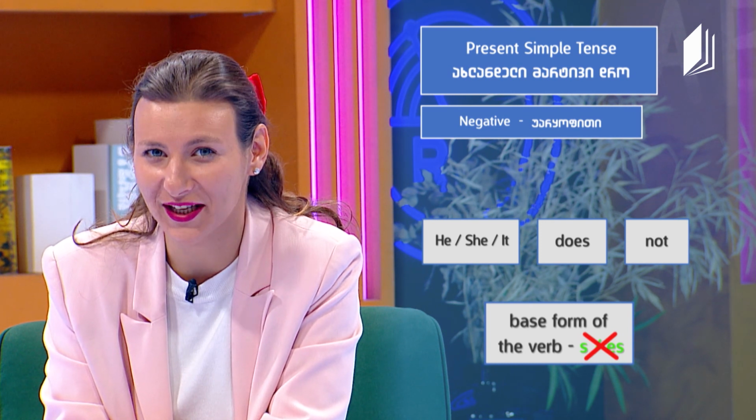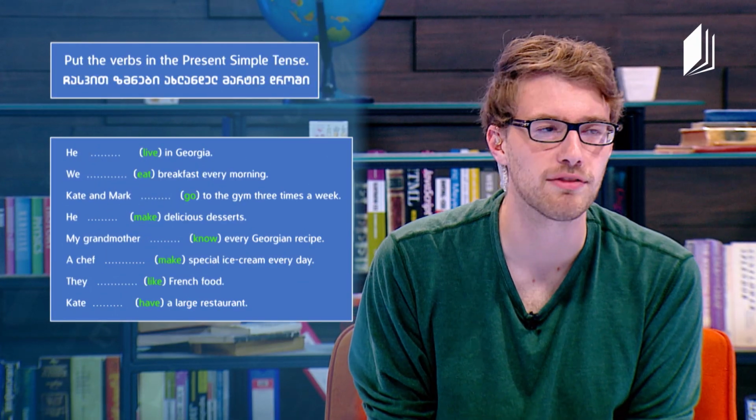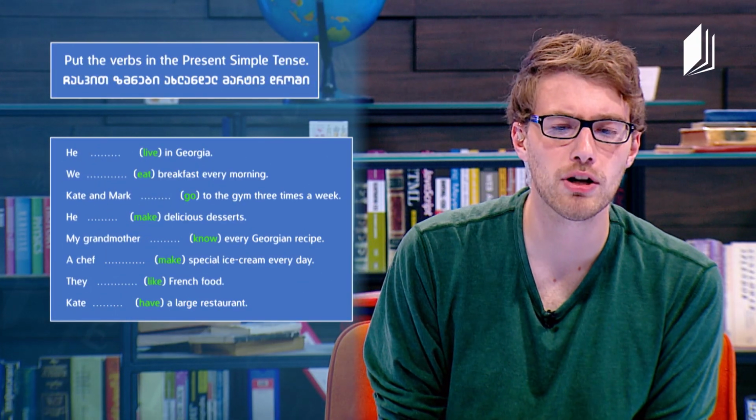She, he, it. Now, Helen, let's move on to our first grammar activity, where we put the verbs in the